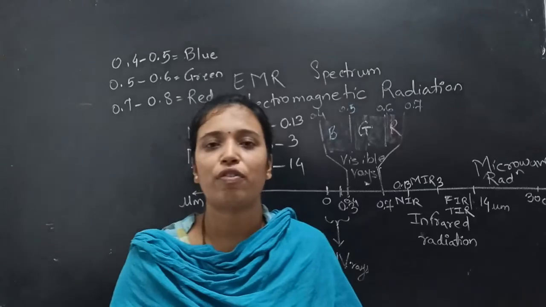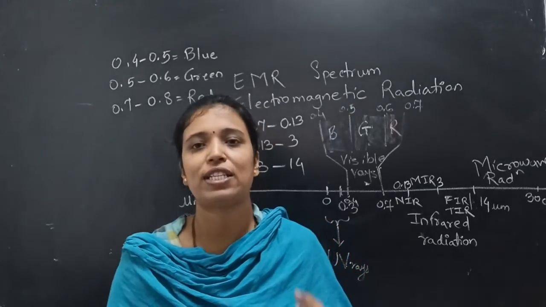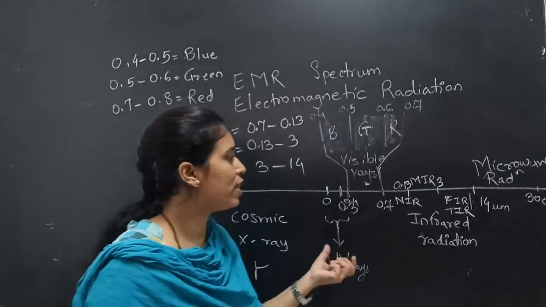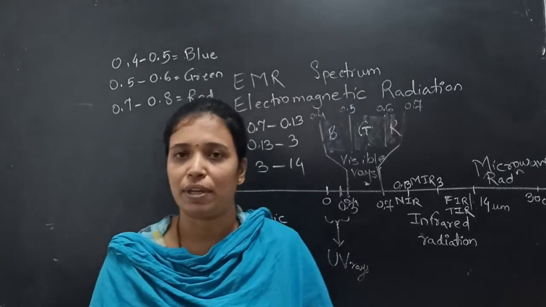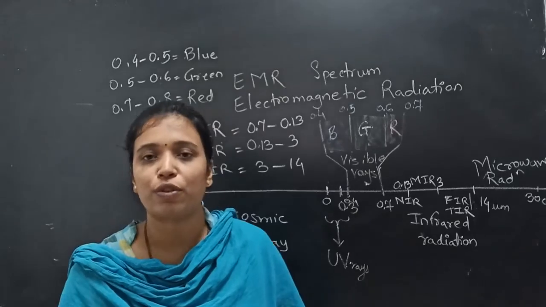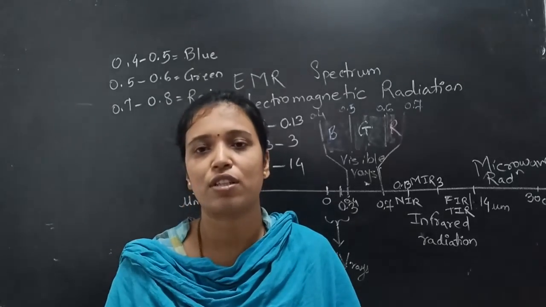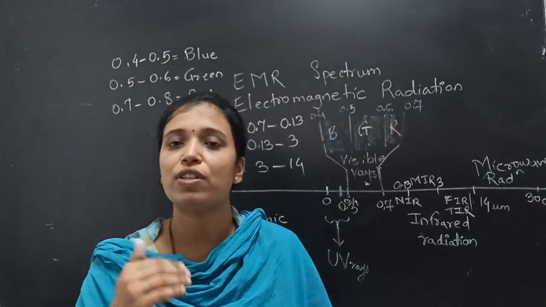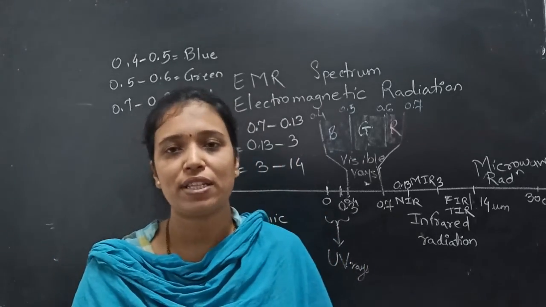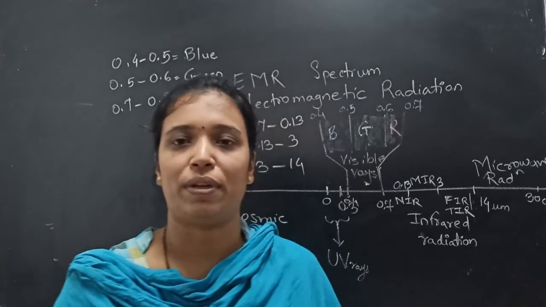In the components of remote sensing there are 6 components, and in electromagnetic radiations there are different radiations which we use to capture the images. So everyone has to complete the assignment which is shown further. The questions are given in that particular slide. Everyone solve the questions and please submit them as early as possible. Thank you.